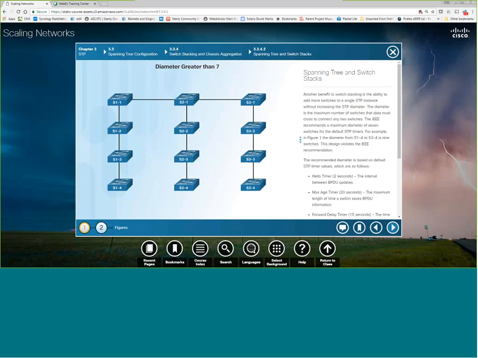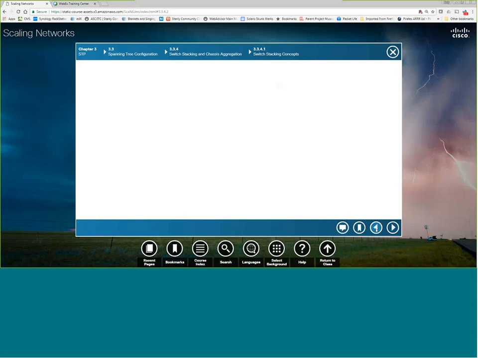For instance, if the diameter, or the number of switches, is greater than 7, the spanning tree timers will not work. So what you need to do, one of the ways you can do it,